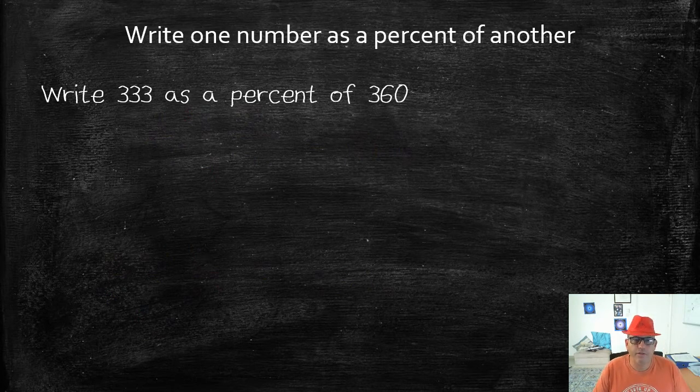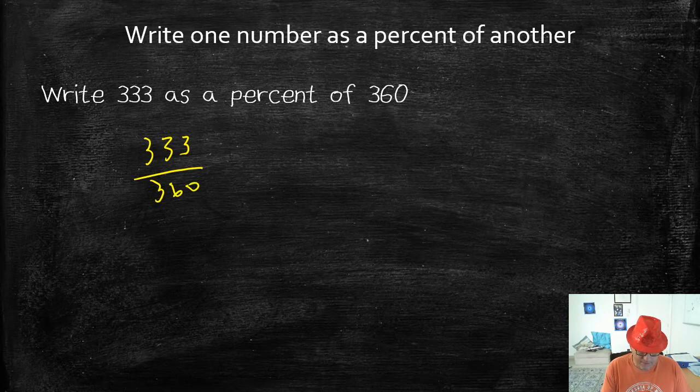Write 333 as a percent of 360. We're going to use our calculator this time. Now, we could try doing the same thing: 333 out of 360. If I want to try to make that out of 100, it's not that easy to do. So usually when the numbers get a little bit messier like this, we're just going to go ahead and use our calculator. So instead of trying to find it as a fraction out of 100, what we're going to do